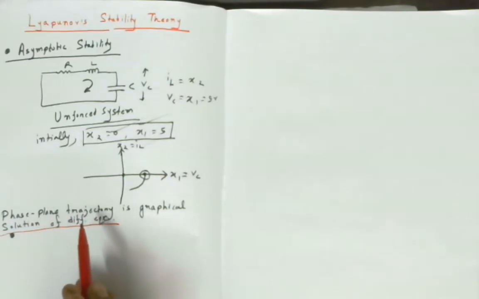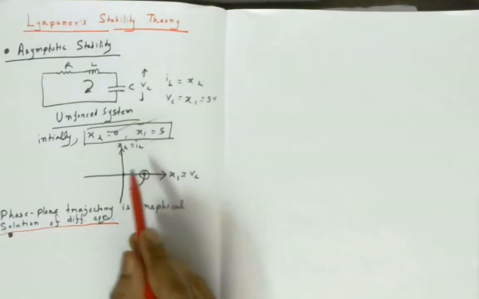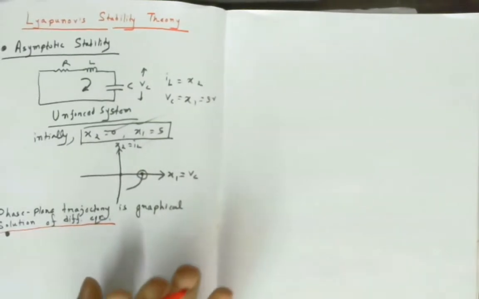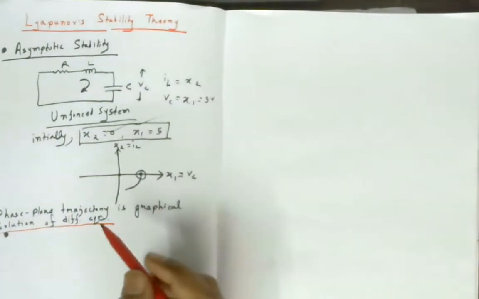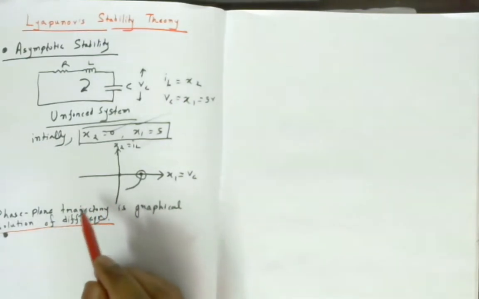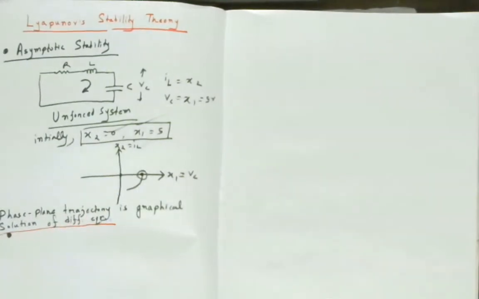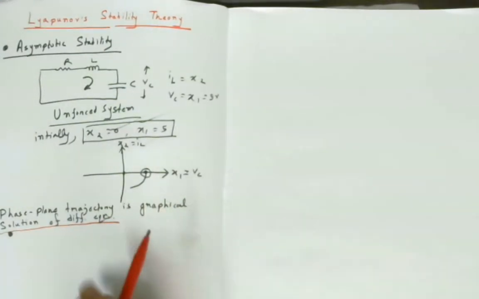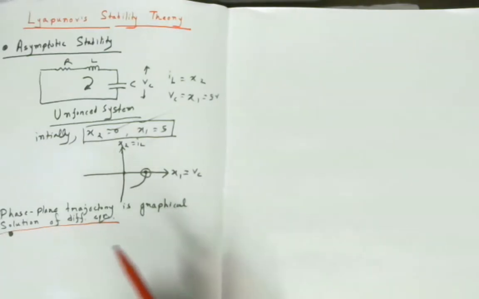Now, solution of a differential equation is possible mathematically as well. The graphical solution will give you the converging and diverging characteristics, and a pictorial view of them. That's why you can easily conclude the stability. But if you are able to have the differential equation solved mathematically, you can also find out the stability. The problem is that for a linear differential equation there is no problem, but for a non-linear differential equation, getting an explicit solution is not so easy a task,